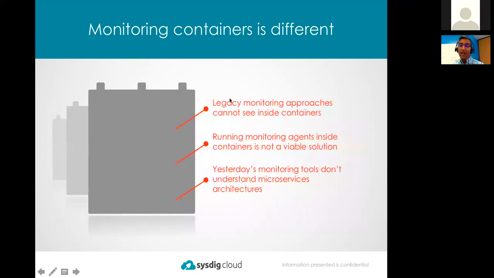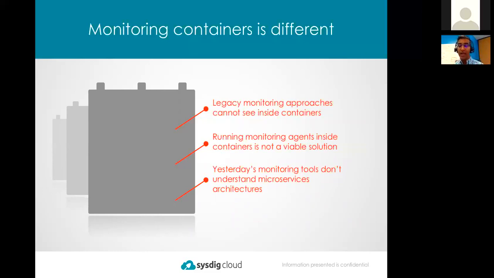All right, so let's talk about why. I mentioned before, a big claim here: you move to Docker and all of a sudden all your monitoring and instrumentation breaks. Why? Is it true? Can it be verified? Here's what we've seen. First of all, legacy monitoring approaches can't see inside containers. That's because the containers themselves, built on Docker, are designed as a layer of abstraction to make it easy for code and applications to be really portable.